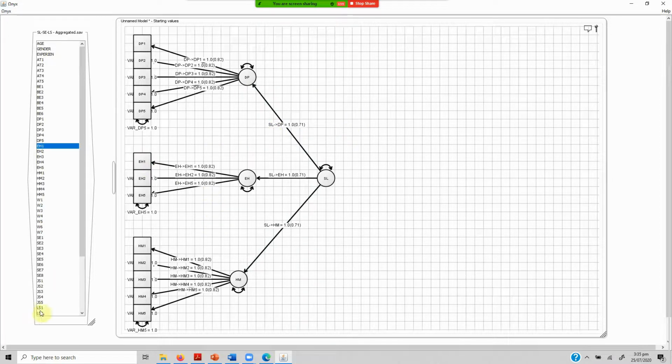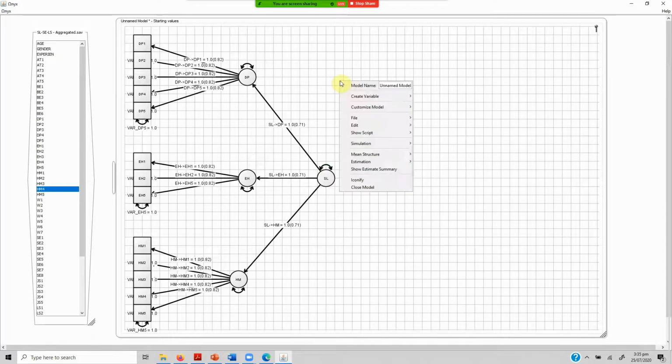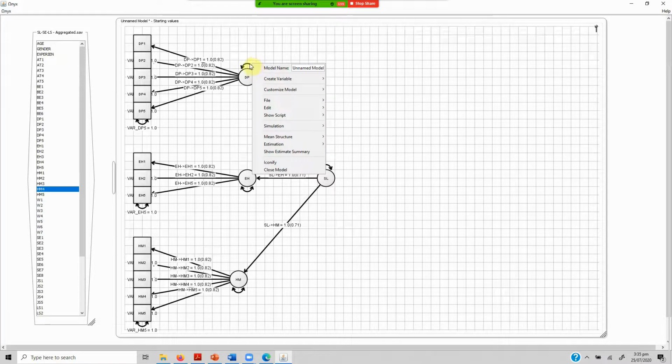And what you need to do next is select this data, put it into the model, and estimation, show best ML estimate, and make sure all these are free,